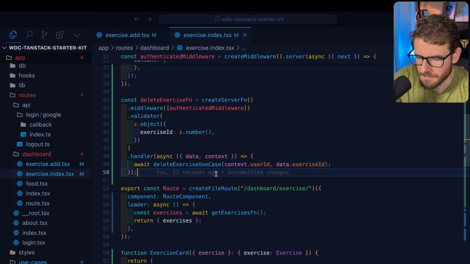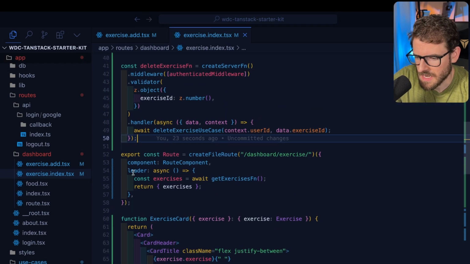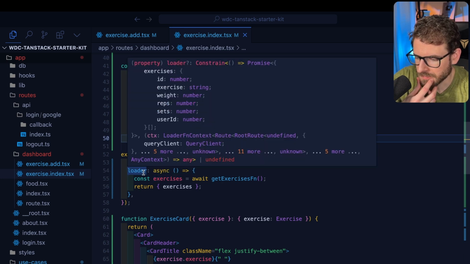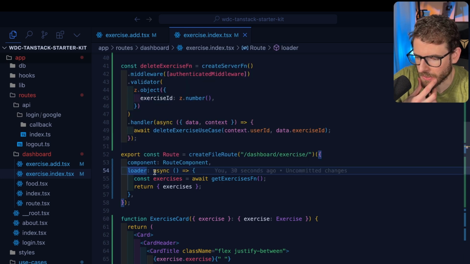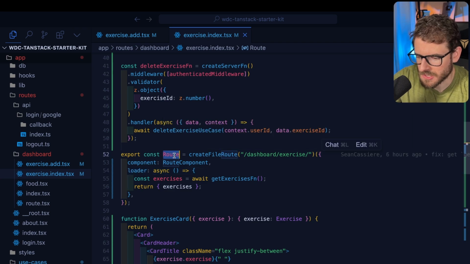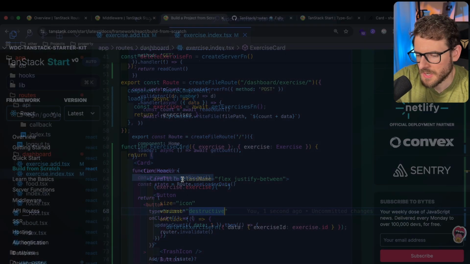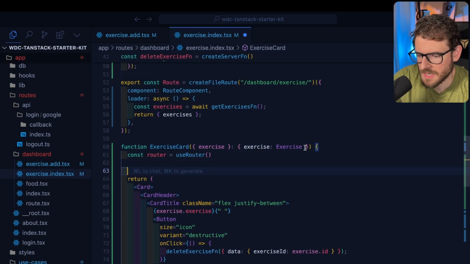I don't know how to do that. Because right now the data for this page is coming from the loader, but I don't know how to trigger the route to refetch the data. Router.invalidate, I think that's probably what we call. Maybe I'll try that. So like in the exercise card itself,